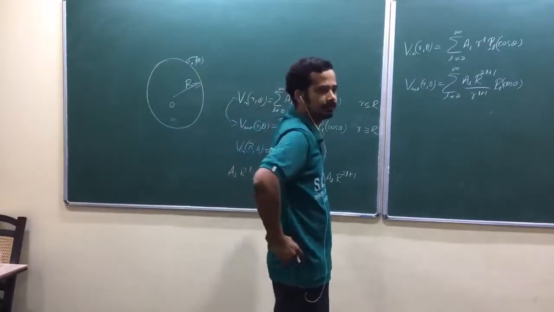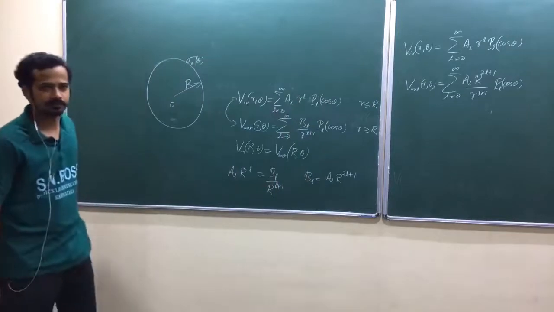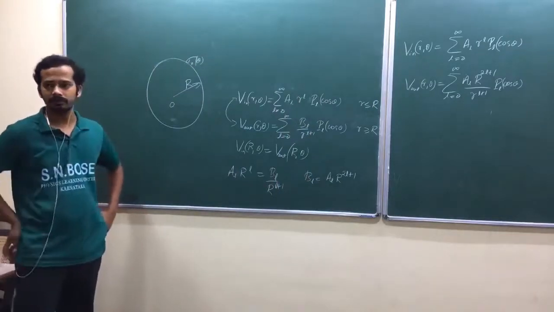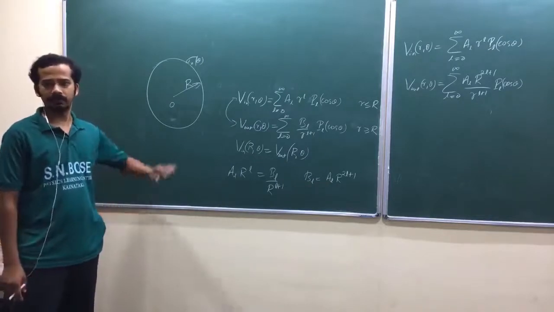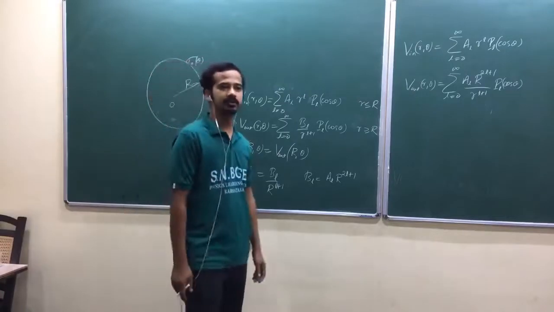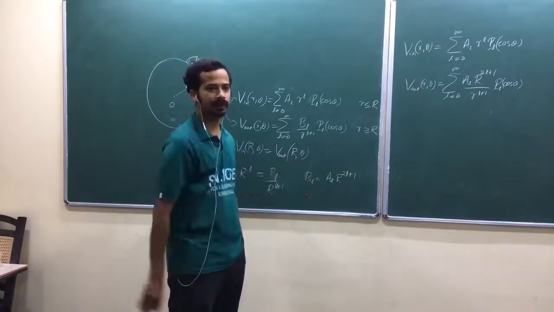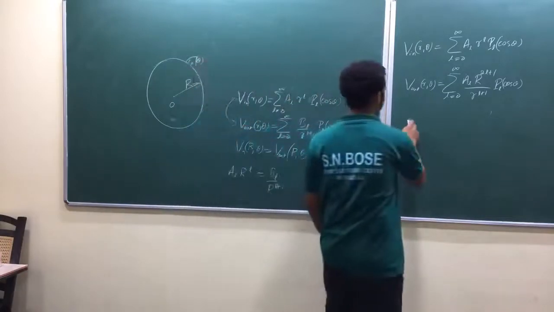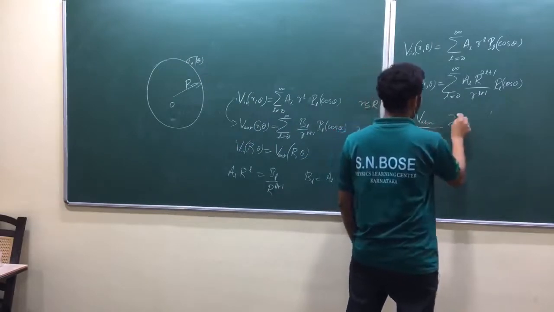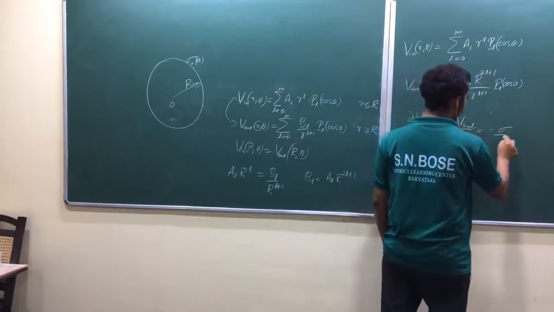Now look at here. What is the next thing you can do? Earlier potential was mentioned on the surface. When you equate that one, you got AL, am I right? Now what is mentioned? Charge density is mentioned on the surface. Then what will you do? Derivative of the potential is related to charge density, am I right? What is that one? Dou V above by dou N minus dou V below by dou N is equal to minus sigma by epsilon naught.